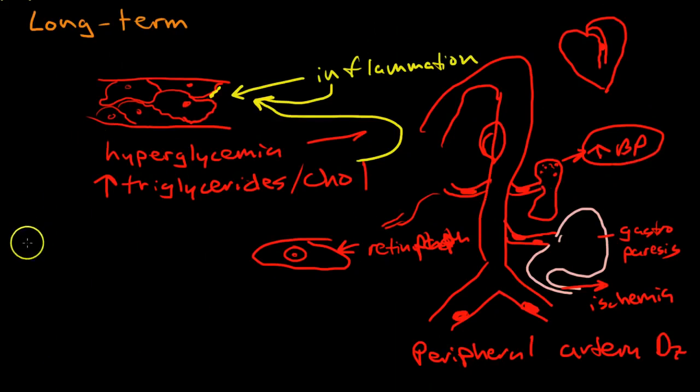So now that we understand this disease better, we know that if we control BGs, we can slow